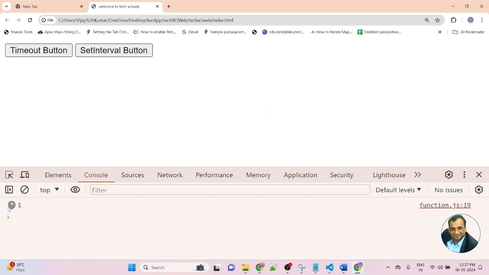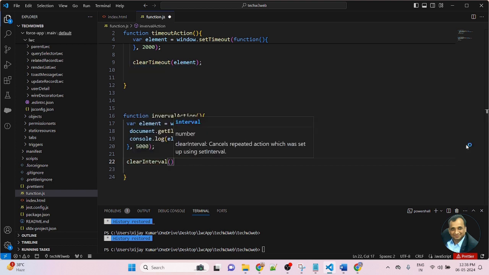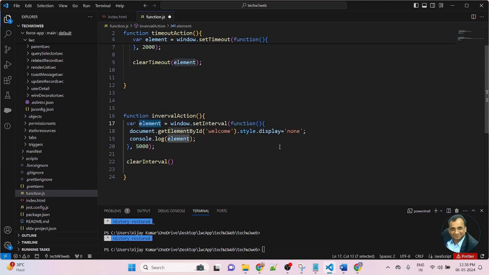If you want to clear the setInterval function, go to the functionality and after the function use clearInterval. ClearInterval, and here pass the variable name. This variable stores the window.setInterval functionality. So I pass this variable inside clearInterval, save and refresh the window.